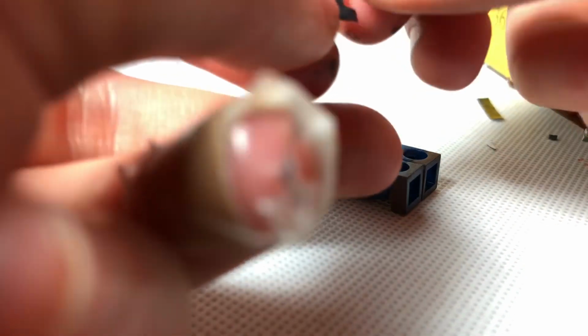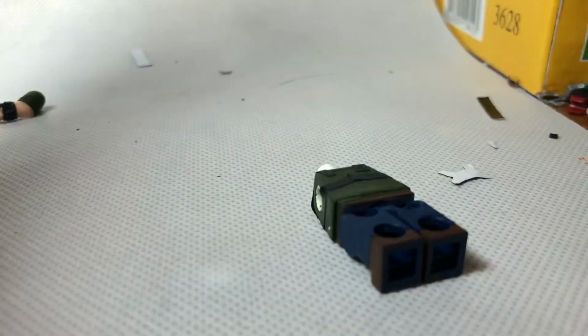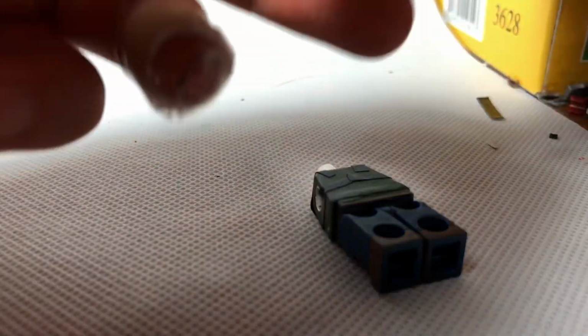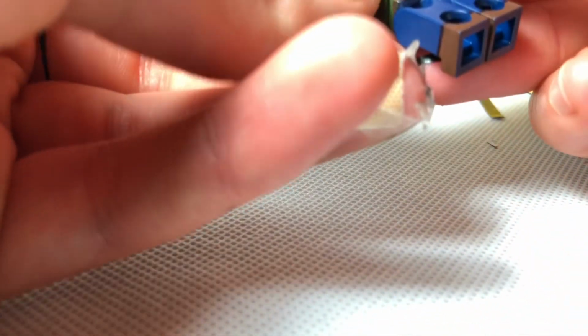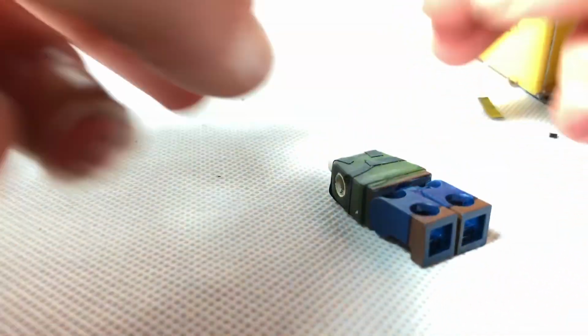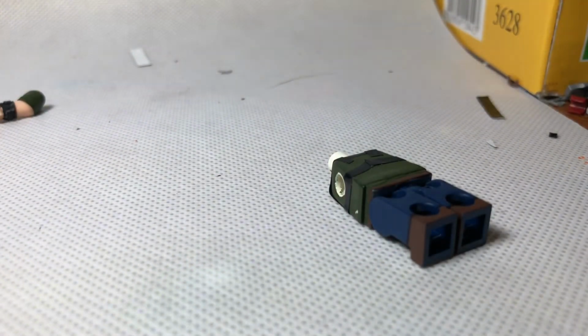I mean, this is also a great way to do the Winter Soldier back thing too, because that's a fairly same shape. But yeah, so basically, now before gluing it on, as good as it looks flat like this, I'm going to be wrecking that excellent flat shape. As this is where you grab your magnet if you're adding a magnet. So just skip ahead a bit if you're not adding it,